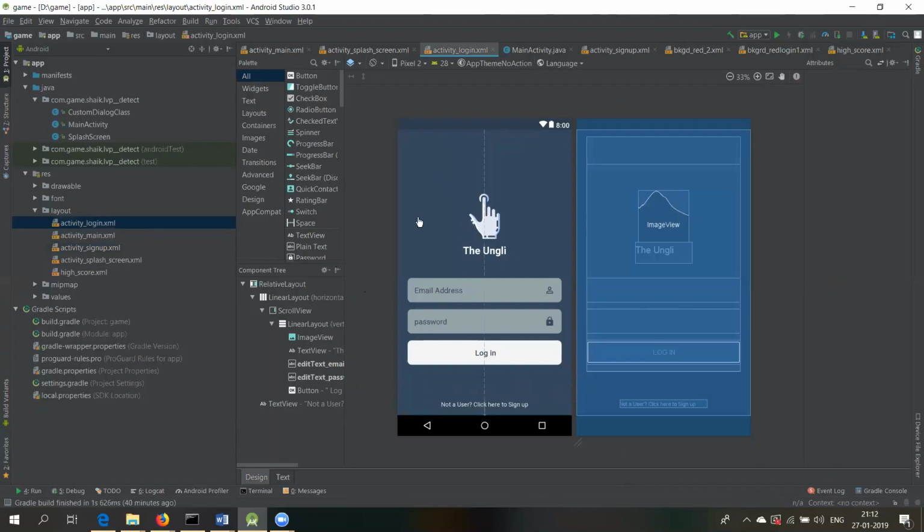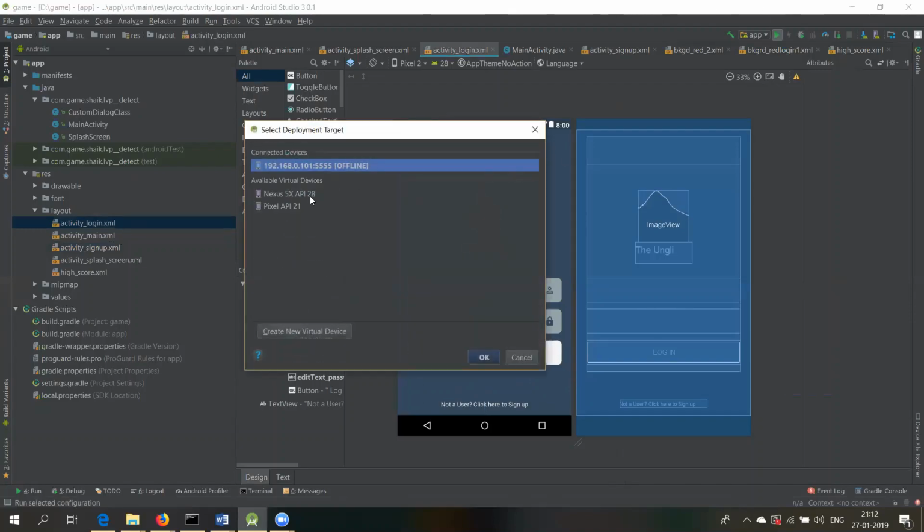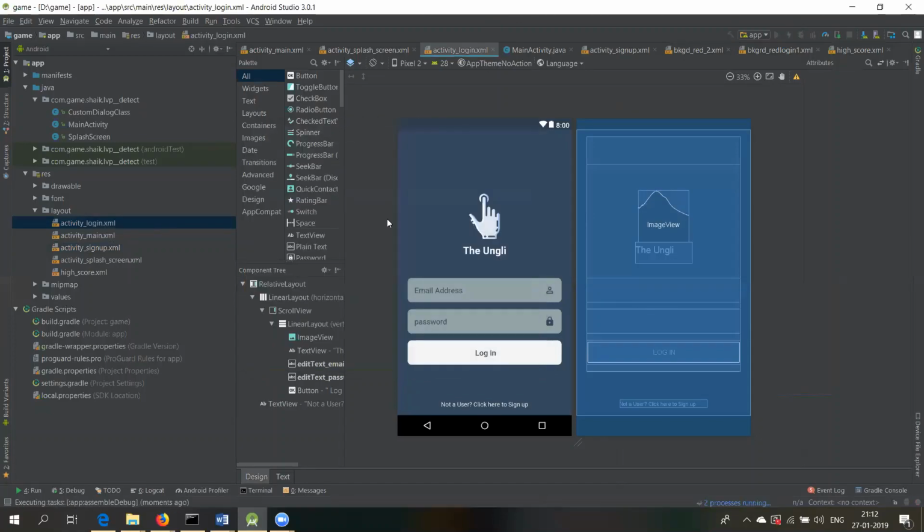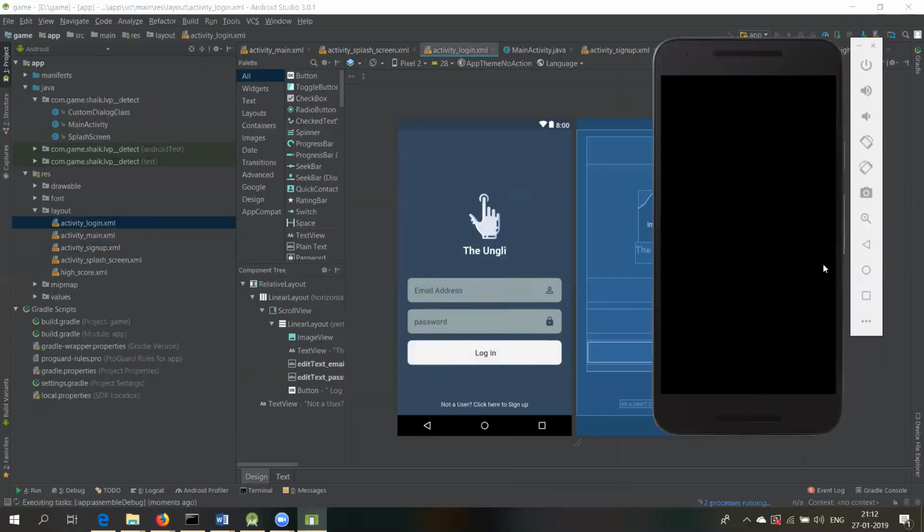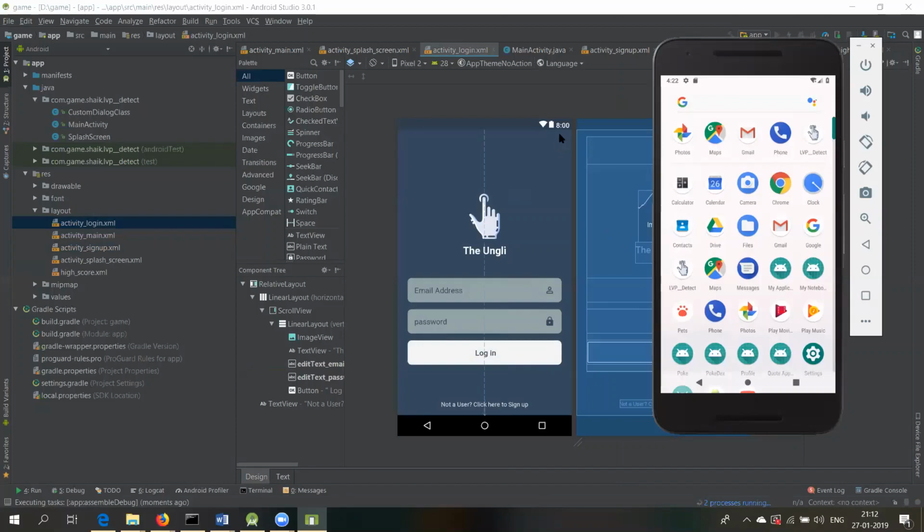This is one application that I'm working on. So let me run and show you. Let us do it on an emulator. So by the time it's running,